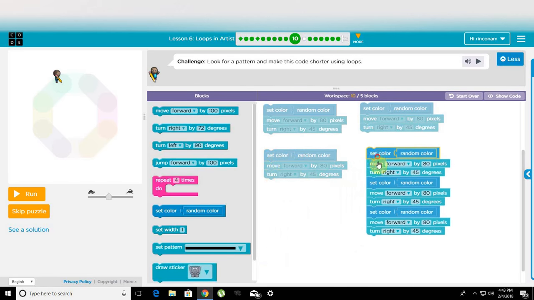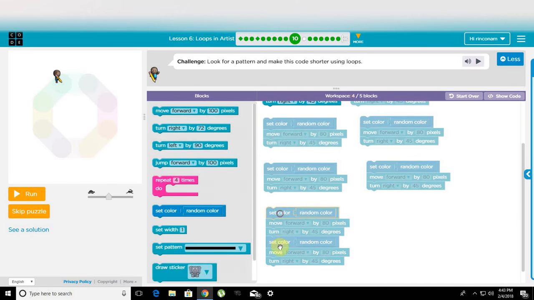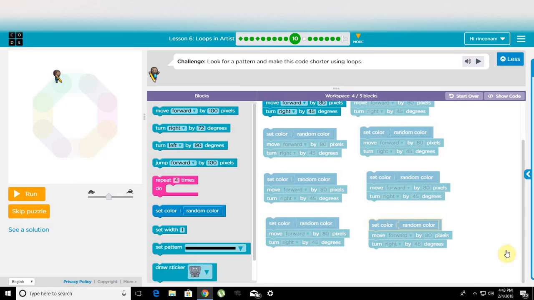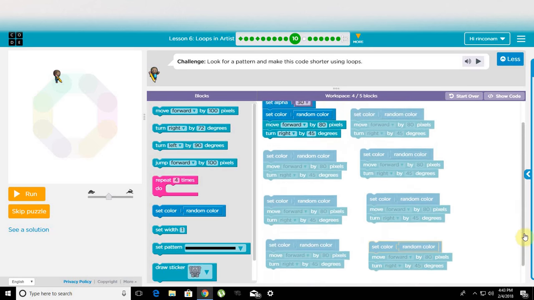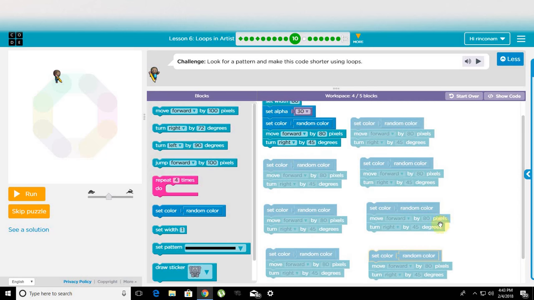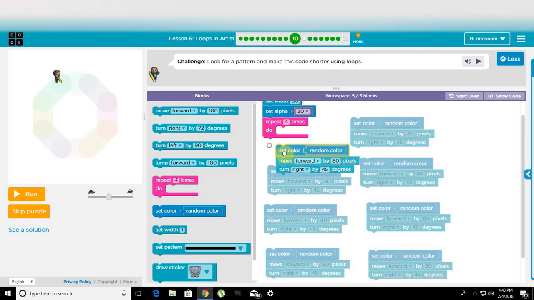And once we separate them all out, it also makes it easier to identify how many times we're going to have to actually repeat that section of code. So a quick count tells me for here and for here that I'll have to repeat this main section of code 8 times in order to produce the figure in the game space. So that's when I bring my repeat block over. I set the pattern of code that I've identified